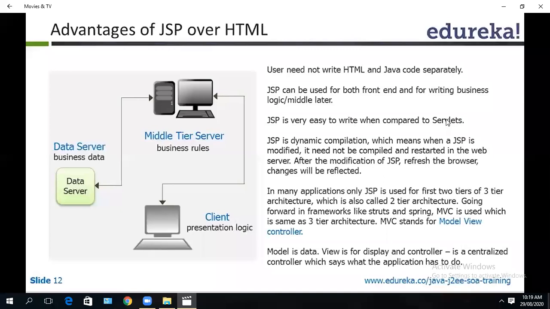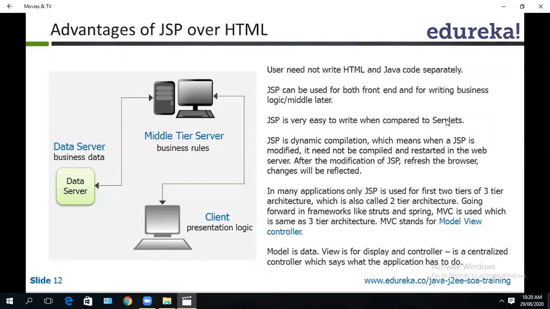Whereas in JSP, you can use it for the front end also, that is UI or user interface, as it has HTML and the business logic as it has Java. JSP is a combination of HTML and Java. If you look at the complexity.